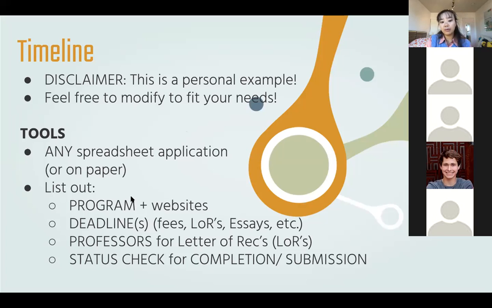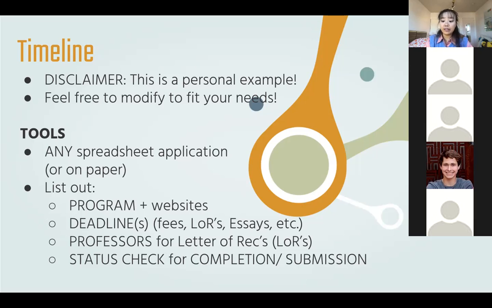And so each column, you should include your program, your program's websites, the links to those, the deadlines. Sometimes the programs require you to pay like $50 or $60 just for them to read these. And those are due sometimes by mail, or sometimes they're due even like a week or 2 weeks before your actual application is due.